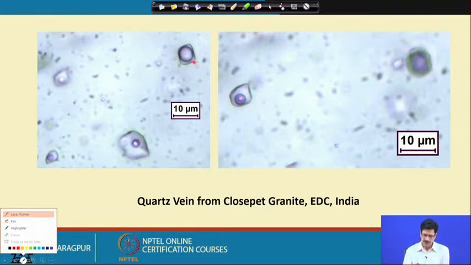And here also, these are two different photographs, but they are from very nearby inclusions. The one which is out of focus over here is brought to focus here, and the one which is in focus here is out of focus here. So you could make out the difference in the proportion of the carbonic component in the same aqueous carbonic inclusions. These are to be noted, and we can discuss them when we go back to their phase diagram, the entrapment conditions and a bit of details on them.